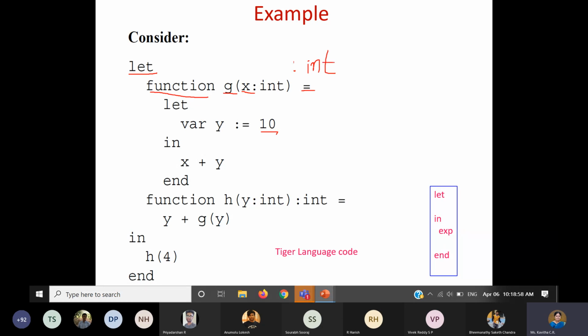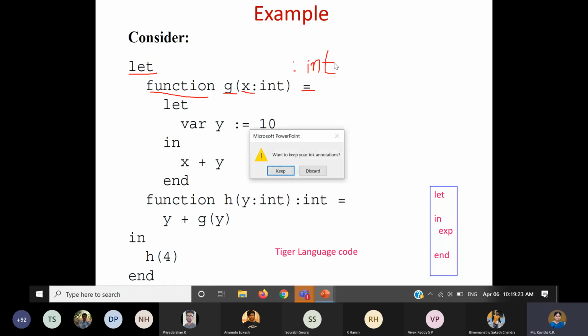For now, you will not be asked to write the code, students. Only when the code is given, you should be able to analyze and understand. That much is sufficient. Again, this example I will touch in the next class because now the time is up. So we will discuss more examples using Tiger language and C language. We will touch on all these. Okay, we'll see. Priyadarshan, I think it is Priyadarshan only, right?